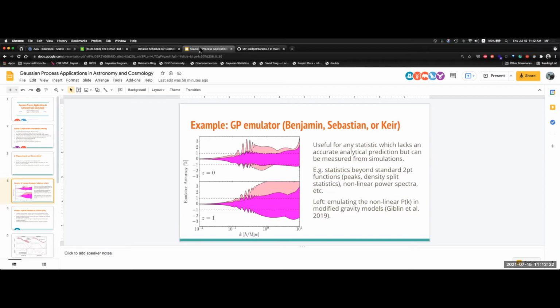That's a really good question, and I'm probably not the best person to answer it because I find myself just sticking with a specific kernel all of the time, the radial basis function kernel, or sometimes called the Gaussian kernel. And I find that there's so many different dials that you can turn with emulating a statistic, like what transformation of the statistic do you emulate, and in what form, all these things you can do to try and optimize the accuracy, that I never get so far as to actually changing the kernel